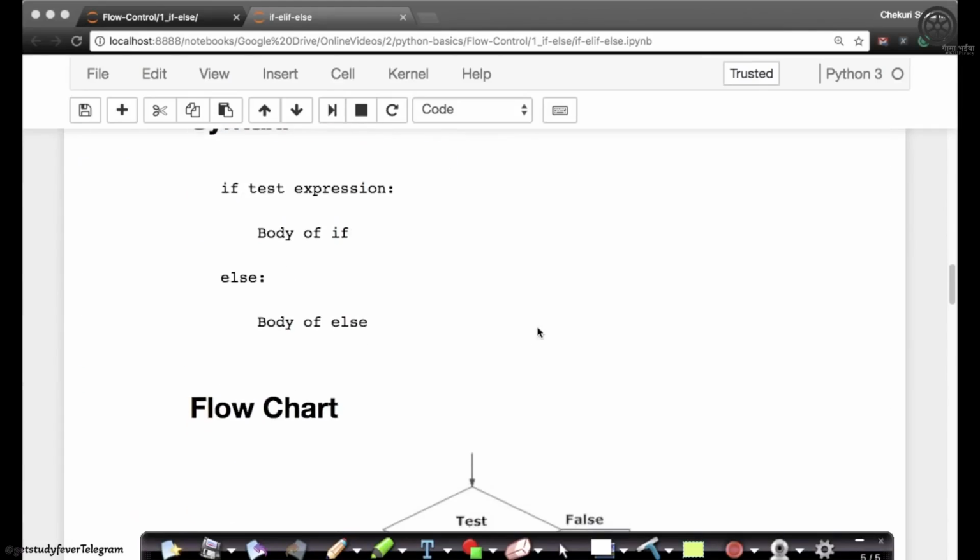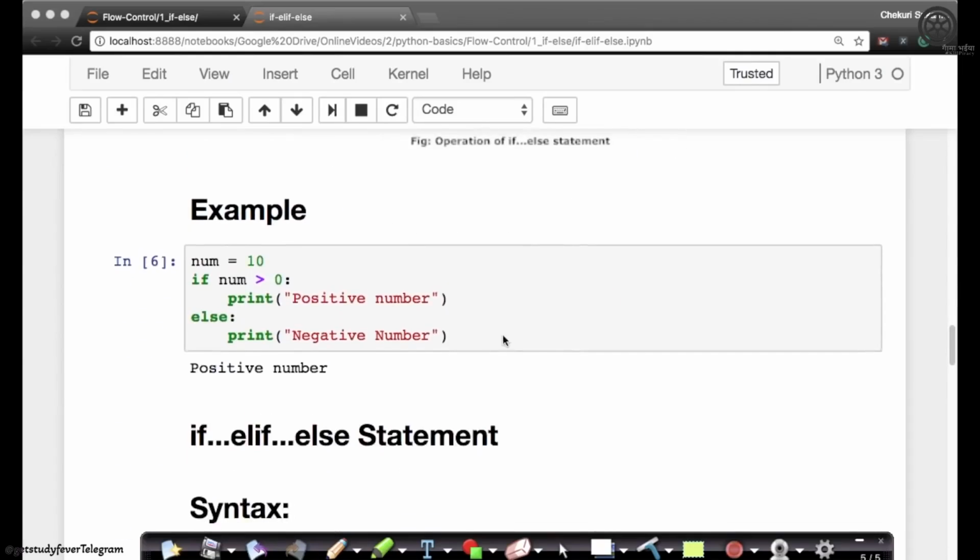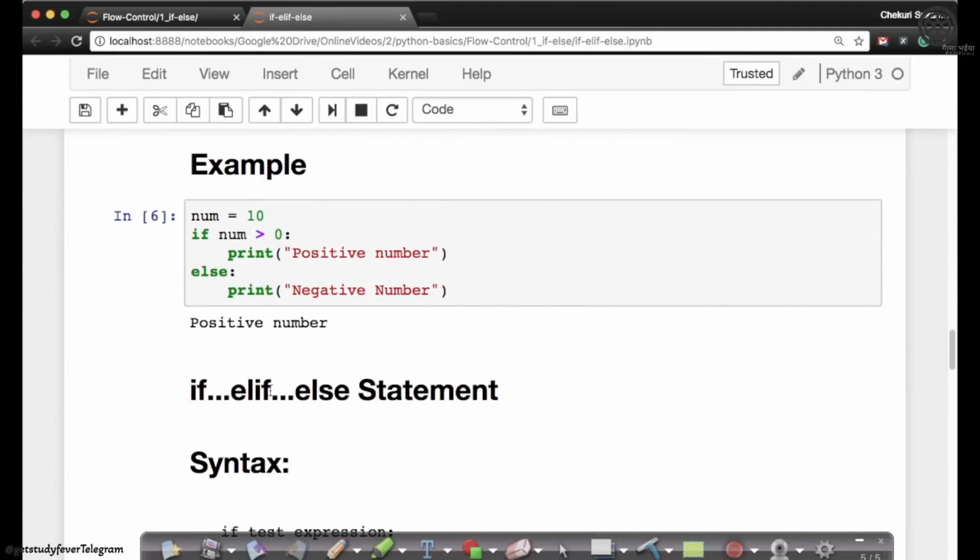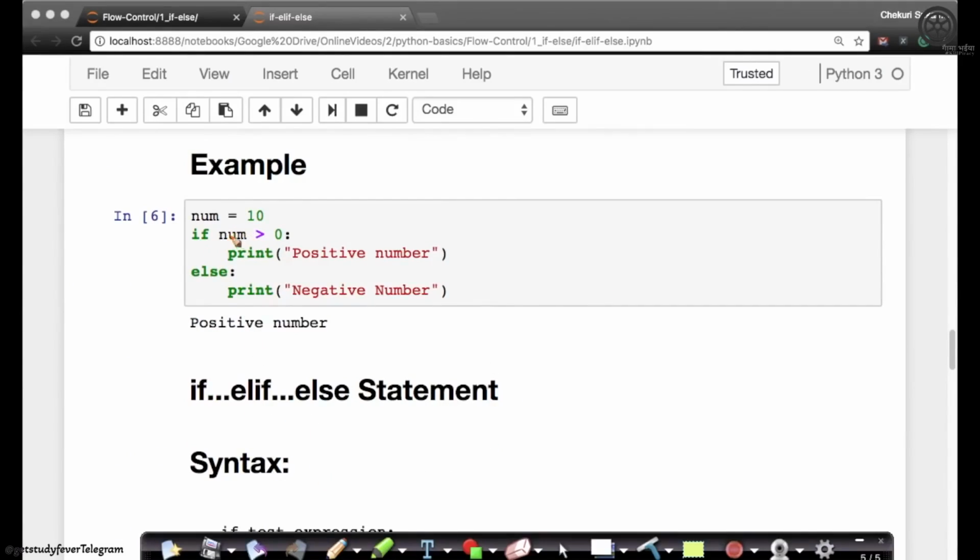The next type of statement, again, let's go through an example. There's a flow chart here, but looking through examples is always better. What happens in a statement like this? I'm assigning exactly 10 to num. If num is greater than 0, always remember there is a colon here, unlike in C or C++. In C, you write if num is greater than 0, execute these statements, else execute these statements.